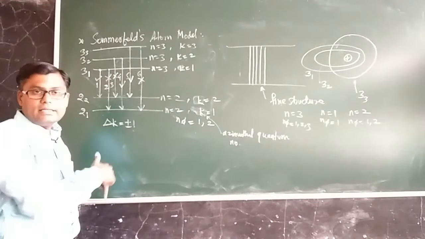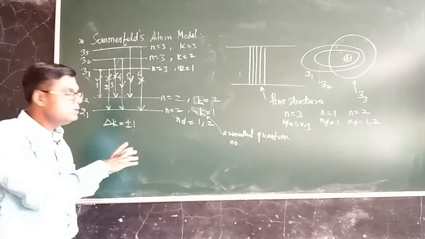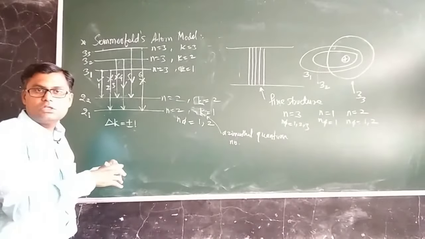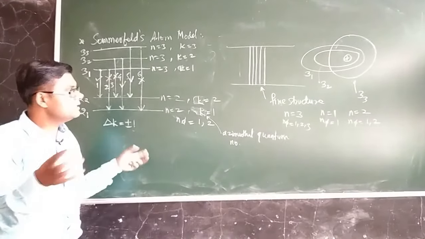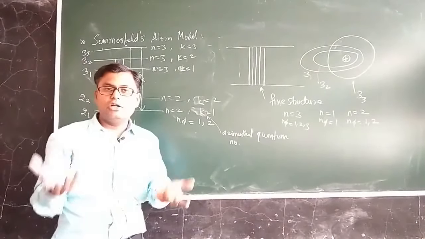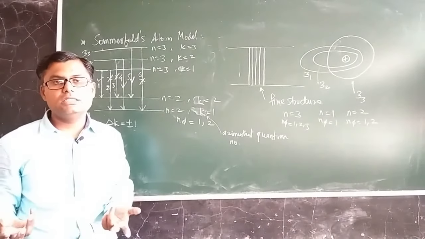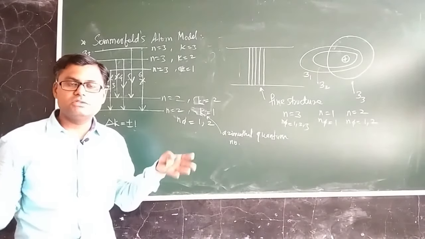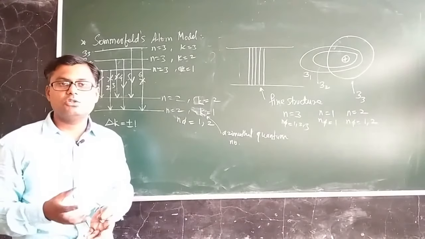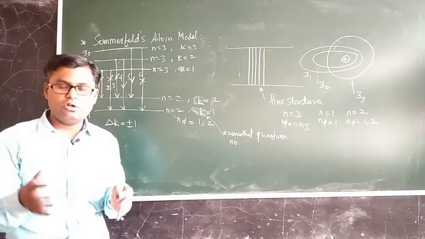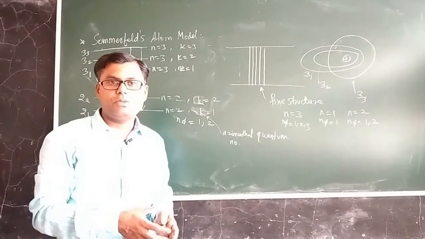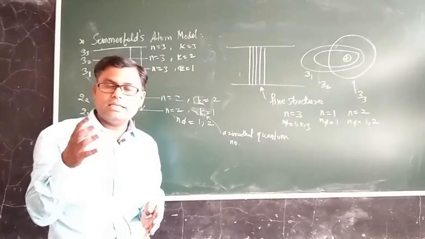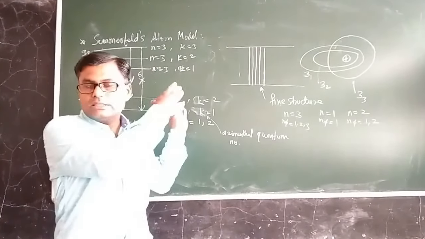It is very true that it could only partially explain the origin of the H alpha line, and therefore many scientists worked together and another atomic model was about to emerge. A group of scientists invented another atomic model which is called the vector atom model. That is the topic of the actual syllabus, right? In order to understand that vector atom model, we need to understand this first.